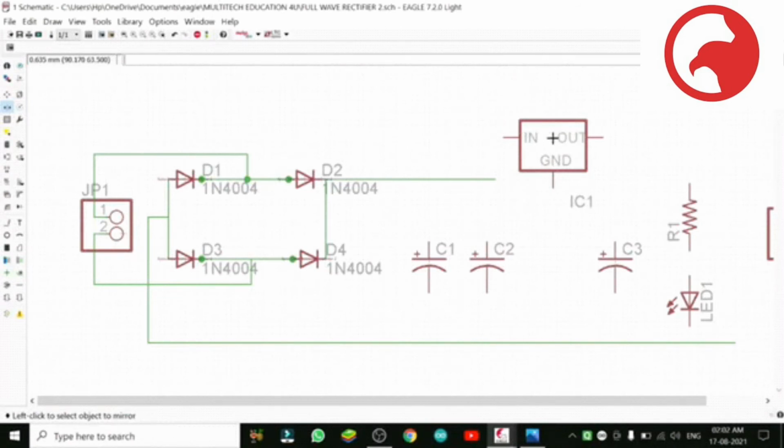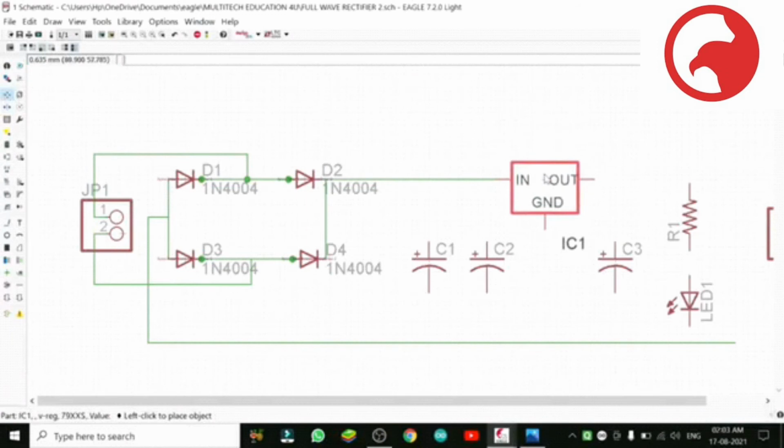Now see, we mirror it. Everything is okay. In is coming left side, out is coming right side, ground is coming downwards. So now the connection will be proper. Just put it at the dot side, the connection will be there and ground will go to here. So these are the things. You should enjoy playing all these things. Don't make it a burden. Any mistake, enjoy it, rectify it. That is called practice.